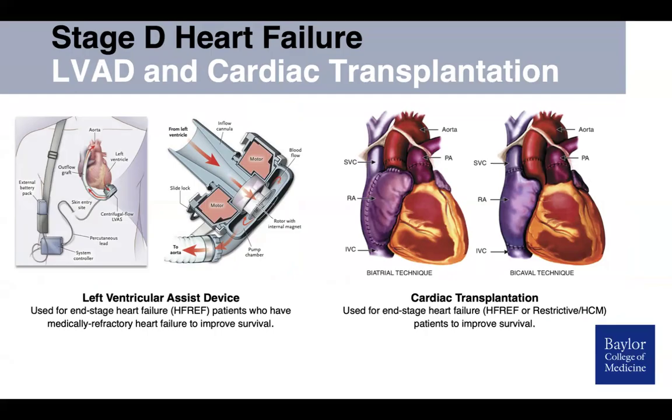These have been around for several decades now, and on the left, you can see the current centrifugal flow left ventricular assist device system. This is the HeartMate 3. And this has been shown to improve survival for those patients who have medically refractory heart failure. We're looking at 2-year survival rates of around 85 to 90% in these patients, whereas for patients who are end stage, we're looking at survival rates of 8% or below. Cardiac transplantation is used for end-stage heart failure to improve survival, but it is obviously resource limited.